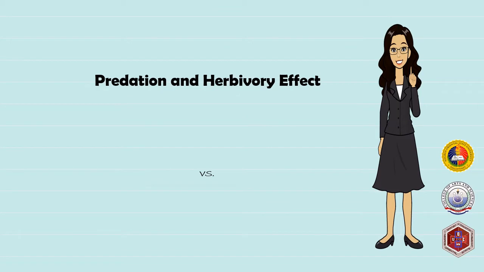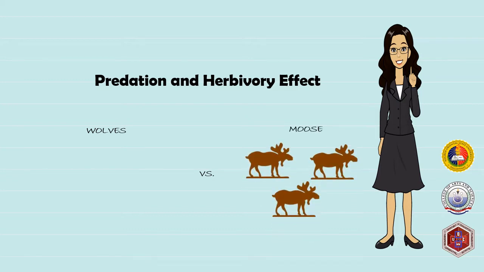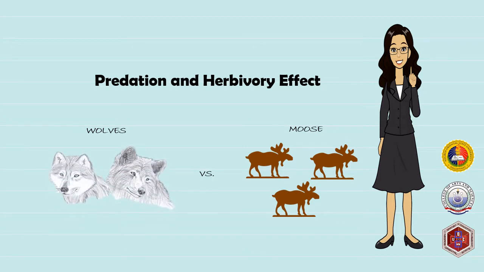Let us take for example the predator population of wolves and the prey population of moose. When the moose population grows large enough to be easy prey for the wolves, wolves will be fortunate to have plenty to eat, and their population will also increase. The death rate of the moose, on the other hand, will likewise increase. However,